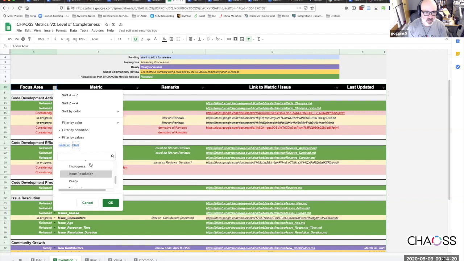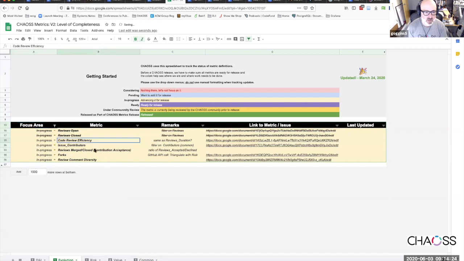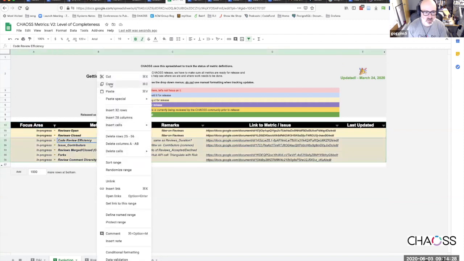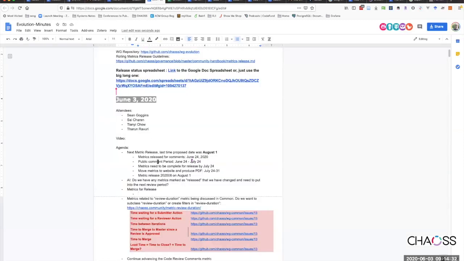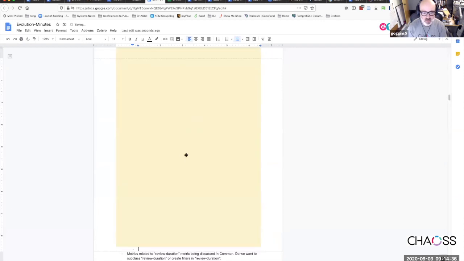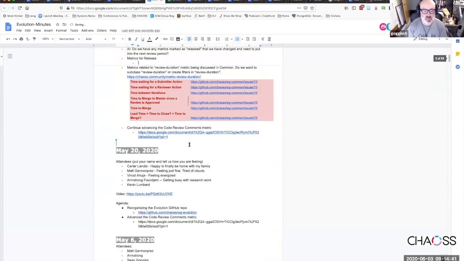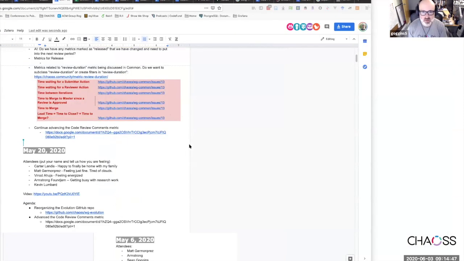In progress. So I want to see in progress. All right, that gives me a nice set that I can copy and paste into our minutes, possibly. Well, that was ugly. Not going to do that. Hang on one second. I'm going to paste it to a text editor.